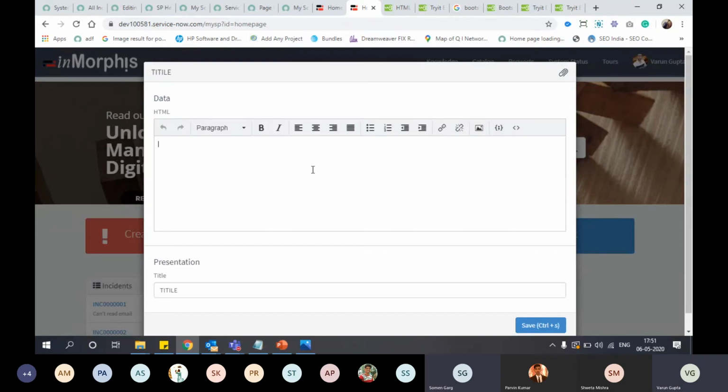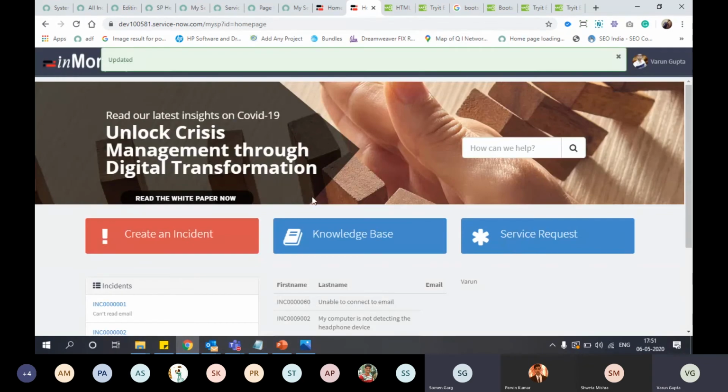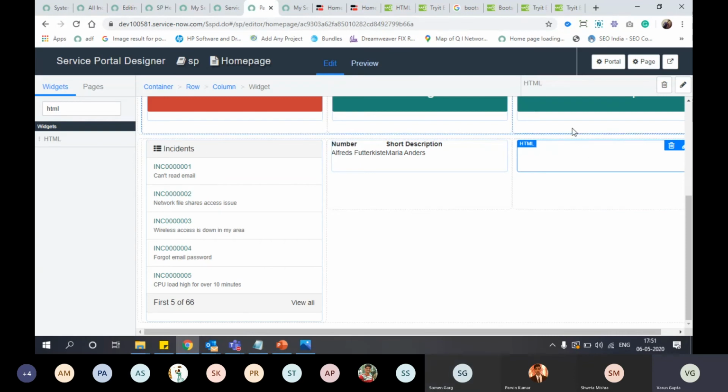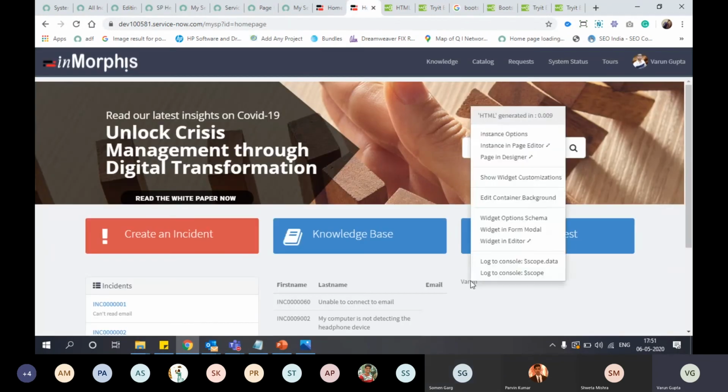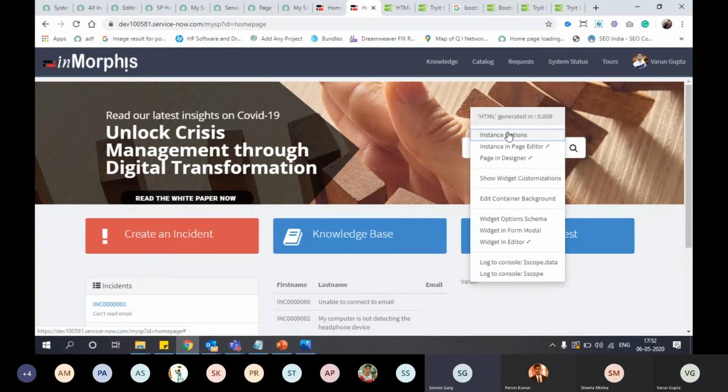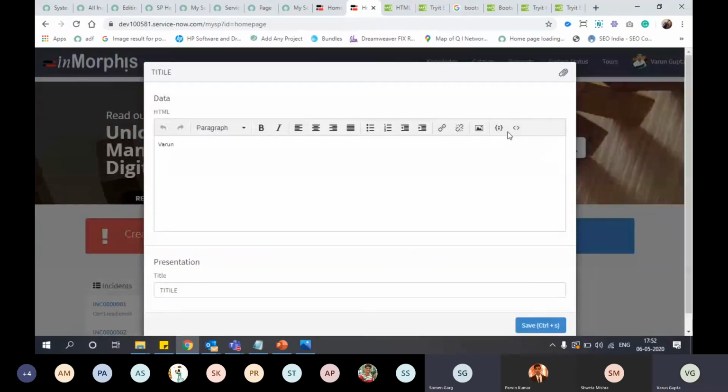Then why is it not coming here? I think it is updating from here. So maybe some functionality of this widget is not compatible in Page Designer. You can configure this either from here or in Page Designer. Yes, then I did it from Page Designer. Okay, fine. Thank you. It is a platform issue.